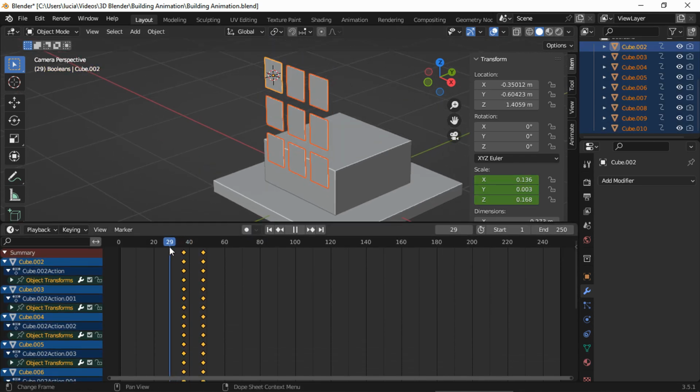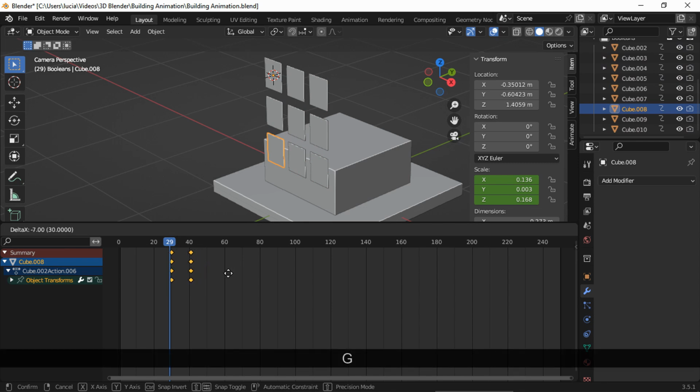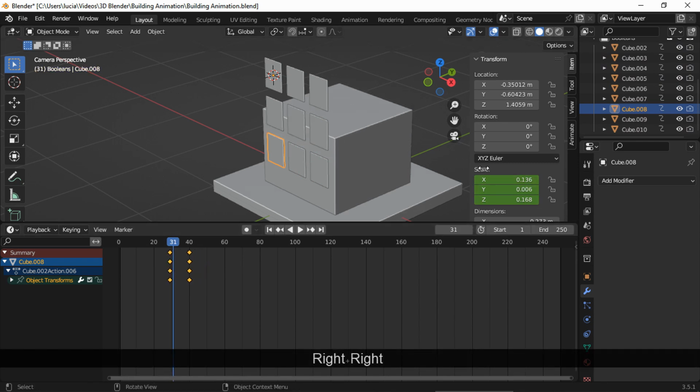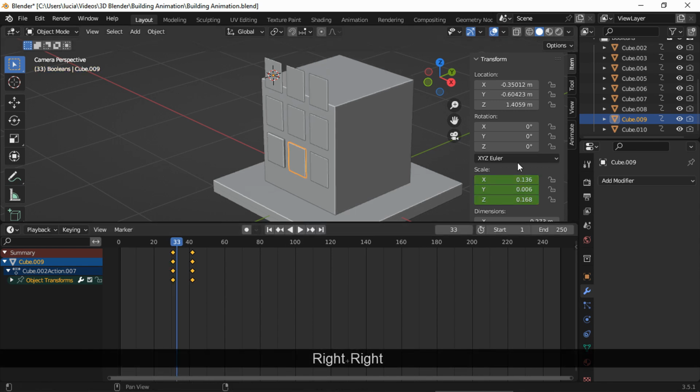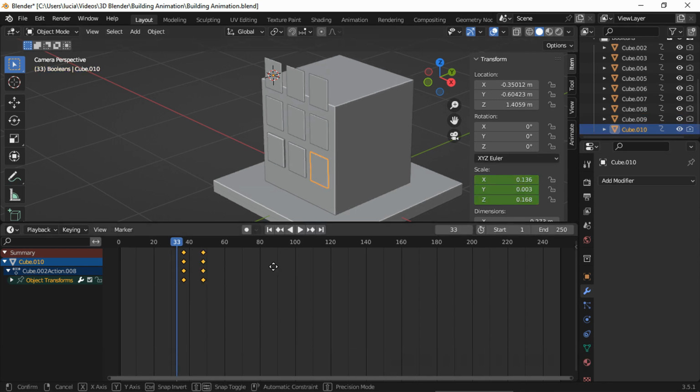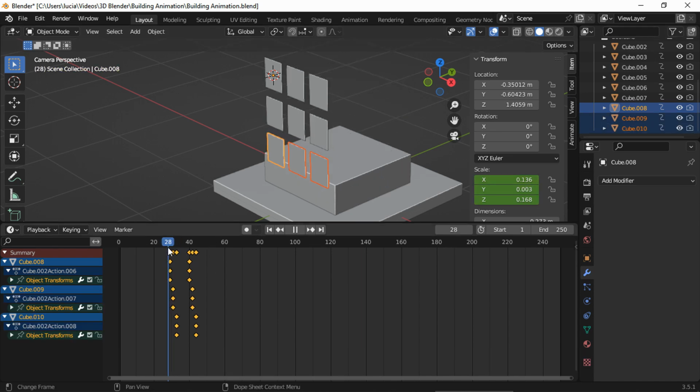Now we need to move the keyframes of each rectangle. I recommend you space them evenly. Let's move this row so the animation starts sooner.